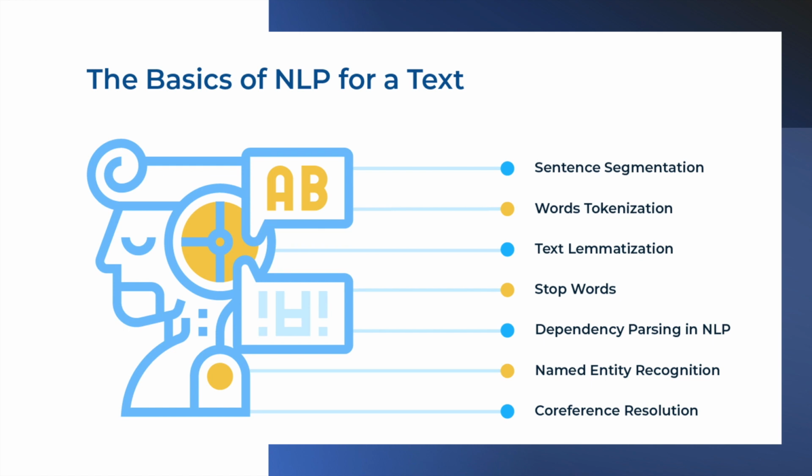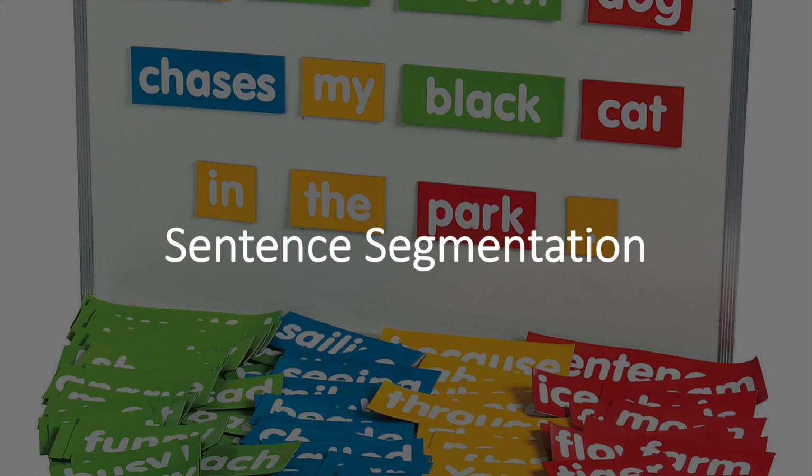And they are sentence segmentation, word tokenization, and you have done a bit of that in one of your hands-on practices last week. Text lemmatization, stop words, dependency parsing in NLP, named entity recognition, and coreference resolution. So let's start by